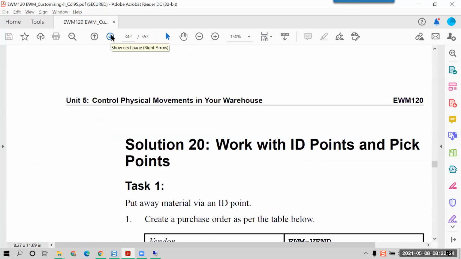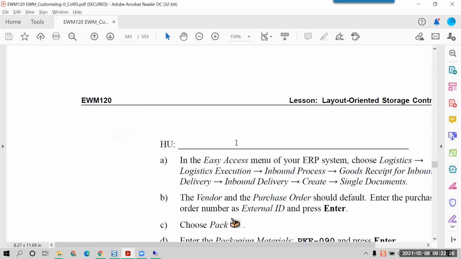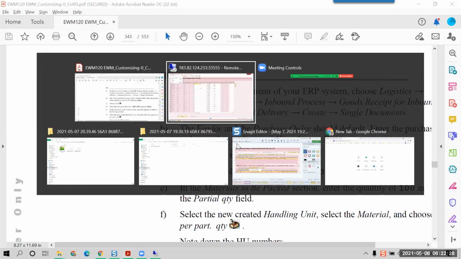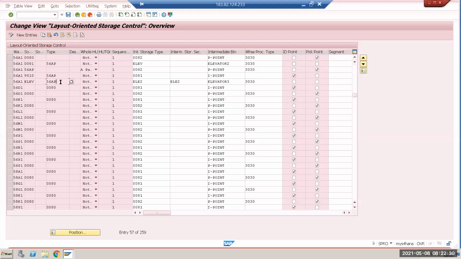Okay, Raju sir, I got it. Sorry, you got it? For the partial, we need to make sure that the leftover quantity goes back to the same place. The second entry should also be required for that, which I have not done. No, that can be done manually also. Leftover we can do with an ADHU and move manually. Not required. You can create an ADHU manually and move it.